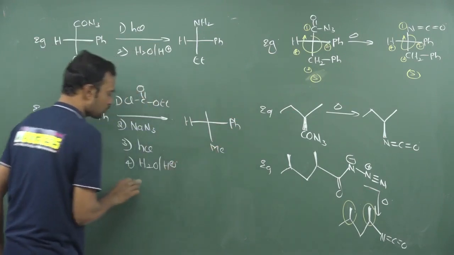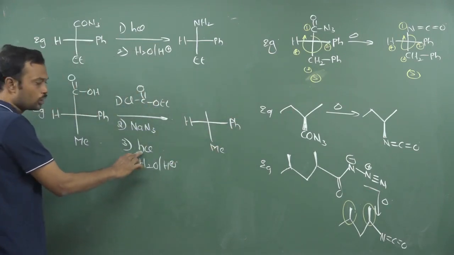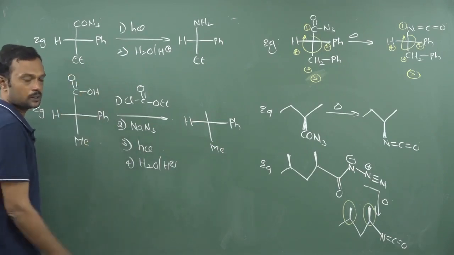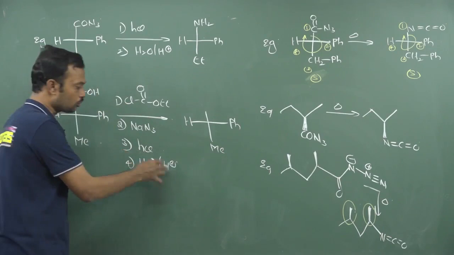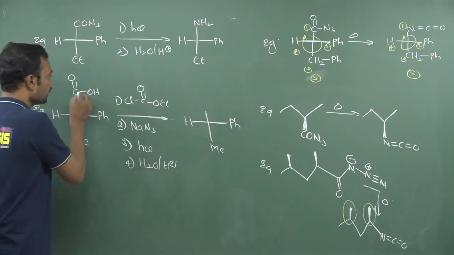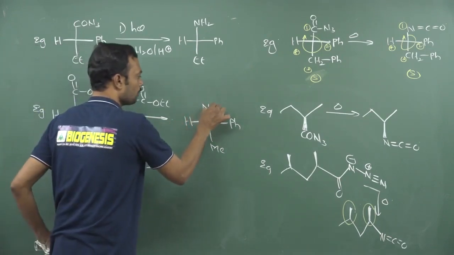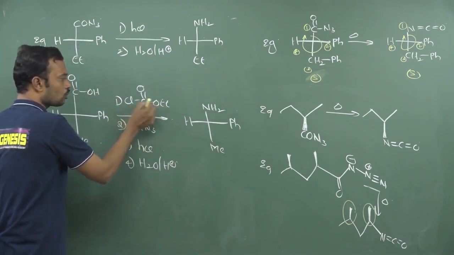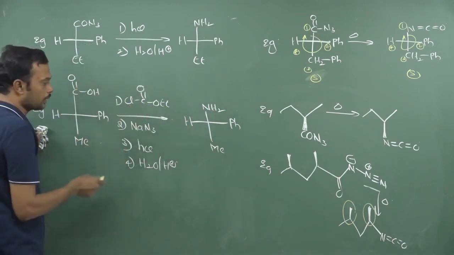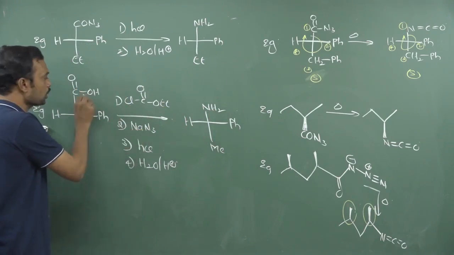Phenyl, methyl. Suppose you stop over here under photochemical conditions, that is up to the Curtius rearrangement. After the third step, if they give any water molecule in acid medium or basic medium, definitely this gets converted to an amine. This means ethyl chloroformate reacts with this and forms the anhydride. Then this is responsible for giving the acyl azide.